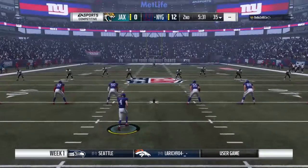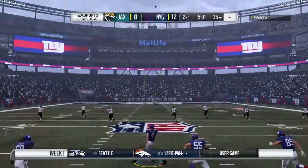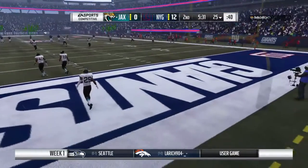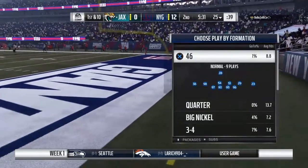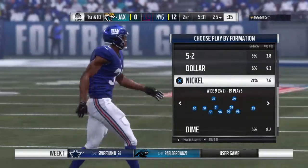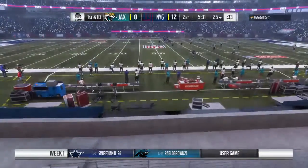Elliott now to kick this one away. And this will not be returnable. It's out of the back of the end zone for a touchback. This offense trots back out there now, and as they do, Charles, one thing to point out that we saw